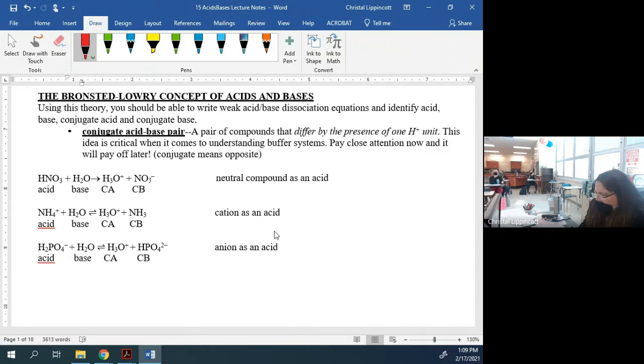So when we talk about the conjugate pair bases, one of them is going to have an H plus unit on that, and that would be this one here. Here you've got an H plus here and here. Okay. This would be an H plus here. And then over here you've got this guy,